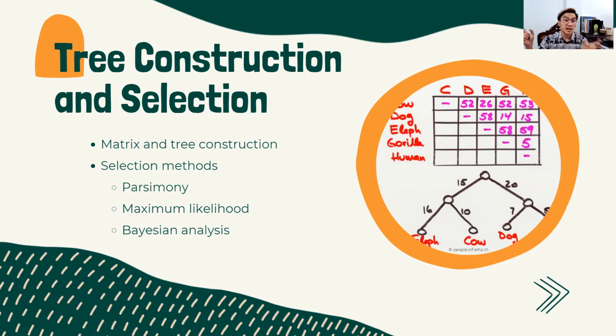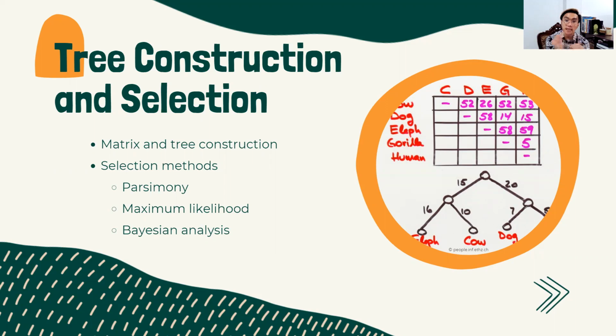In that case, we select the one that would best represent. But how do we tell whether it actually best represents the evolutionary past of the OTUs? Well, we also have, luckily, techniques in tree selection, or methods in tree selection. So basically it's divided into two.